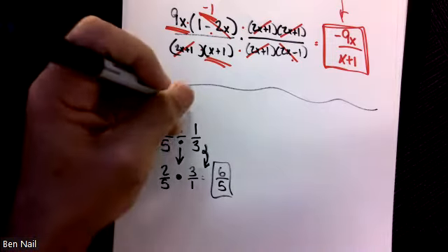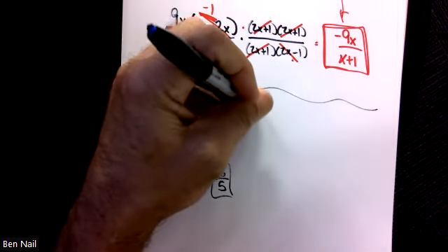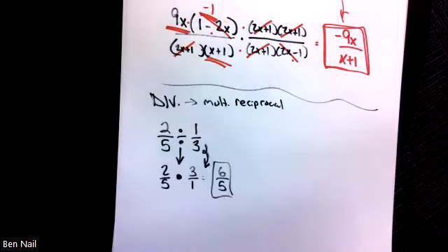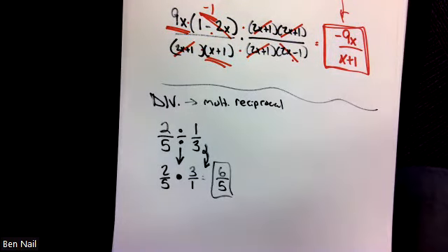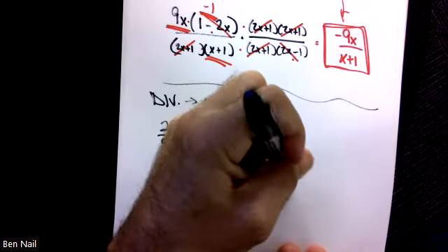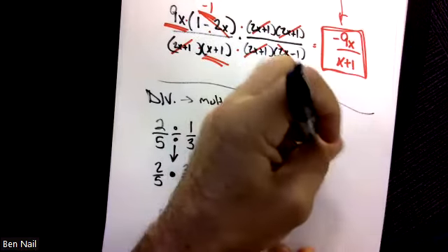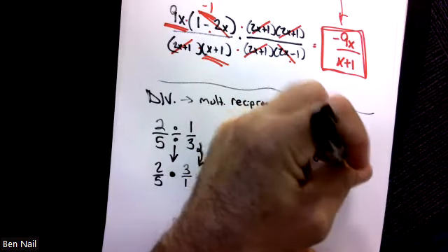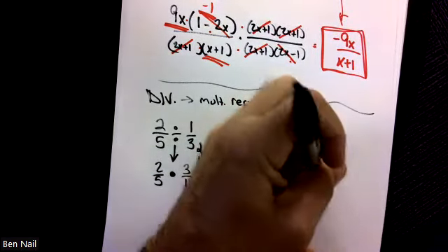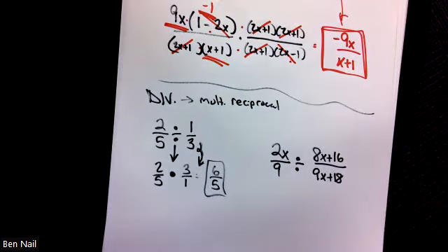So division is really just multiplication again. You just multiply by the reciprocal. So when they give you a division problem, 2x over 9